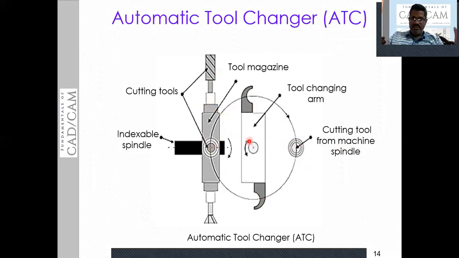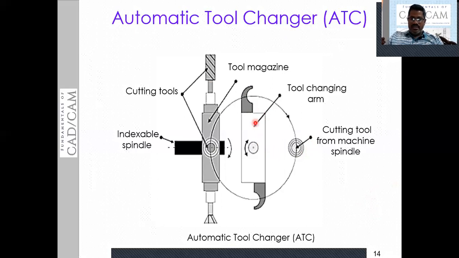The function of this ATC is to pick up the old tool and insert that old tool into the magazine at the specified location, then pick up the new required tool from the tool magazine. Then after picking up, that tool needs to be inserted in the tool post where actually we are performing the work. So this will insert, and after inserting the new tool into the tool post, again this ATC will go back to the parking location.